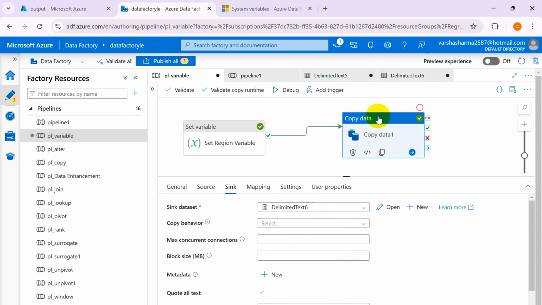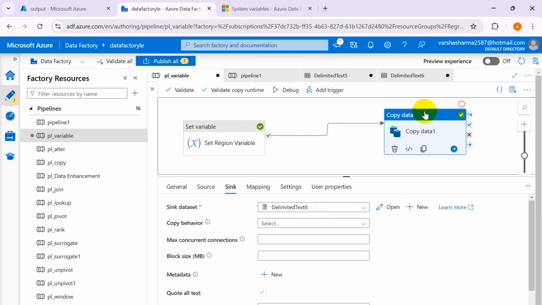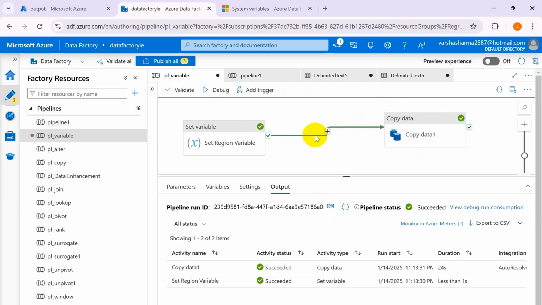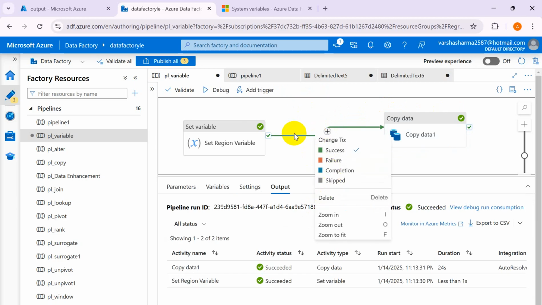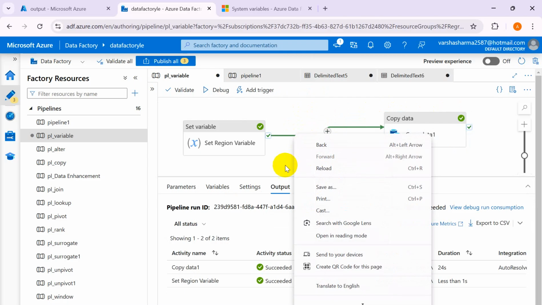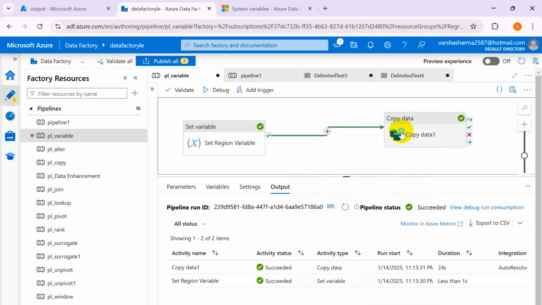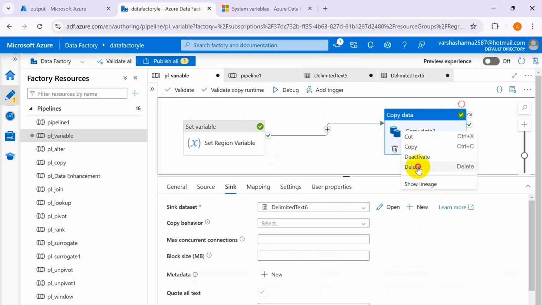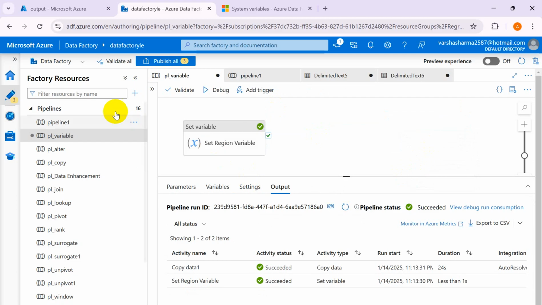So I'm not going to create again and again. Let me do this way. Let me delete this node entirely, and what I will do,